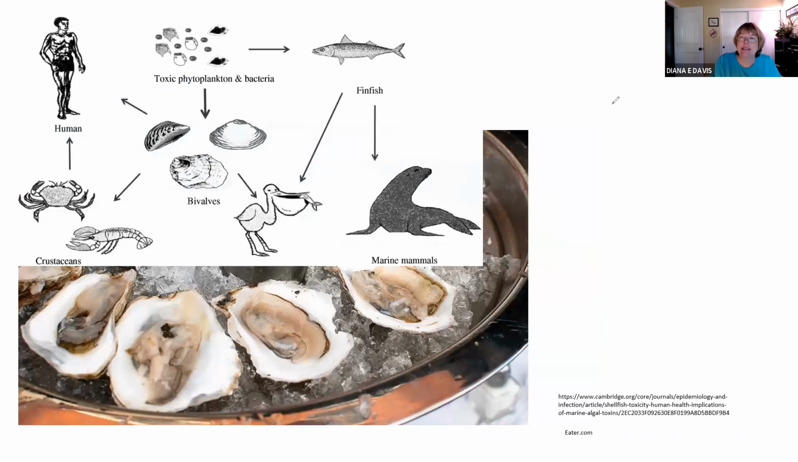Another way diseases can be transmitted through food. Shellfish can take up contaminations from water. This is well known when we talk about red tide. So red tide is a situation where single-celled phytoplankton, algae